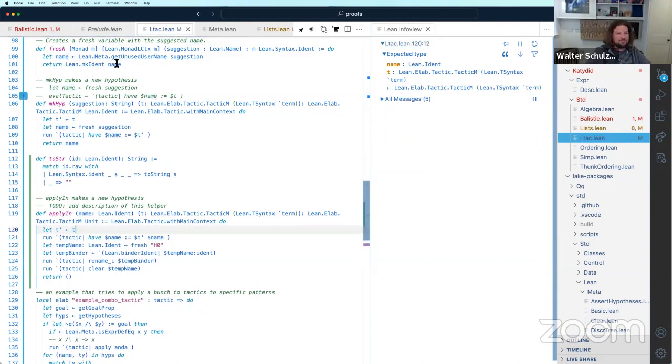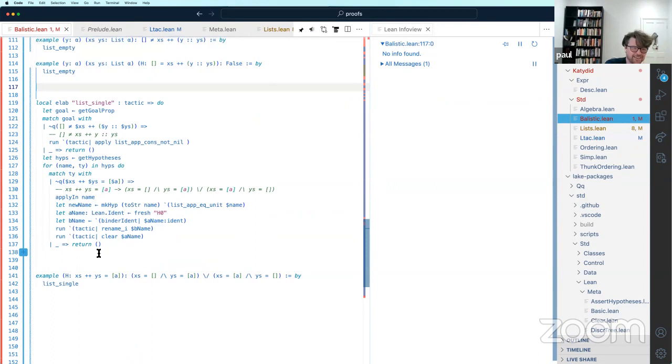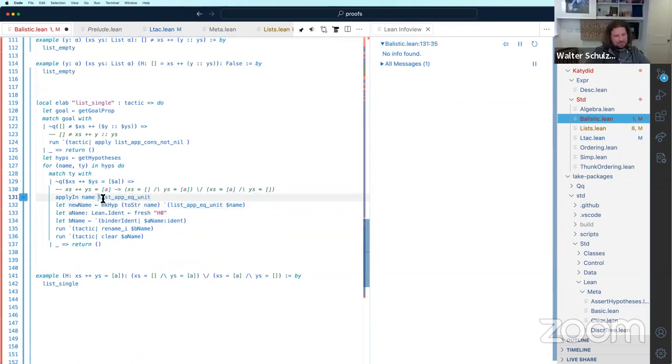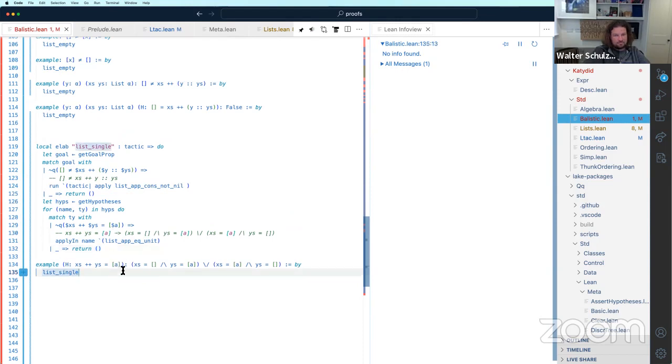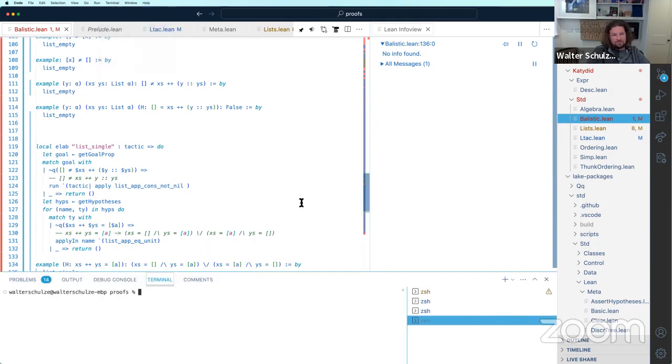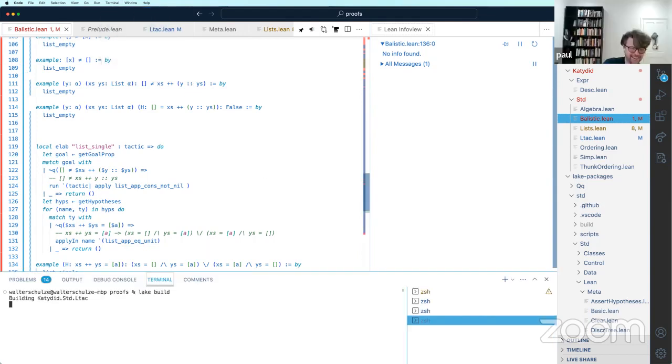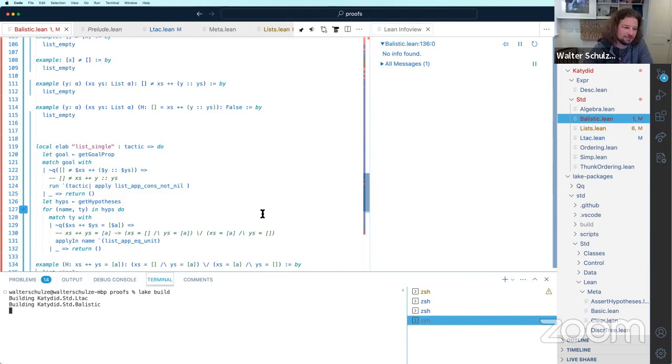Okay, let's see what happens. It's going to get the apply in name wrong, but we'll see. This can't be working, so I'm just gonna, okay, Ltac was working.